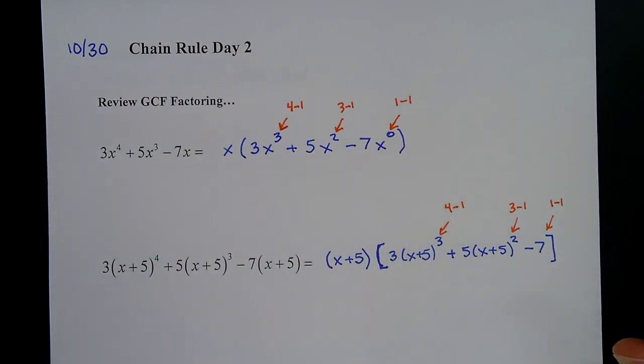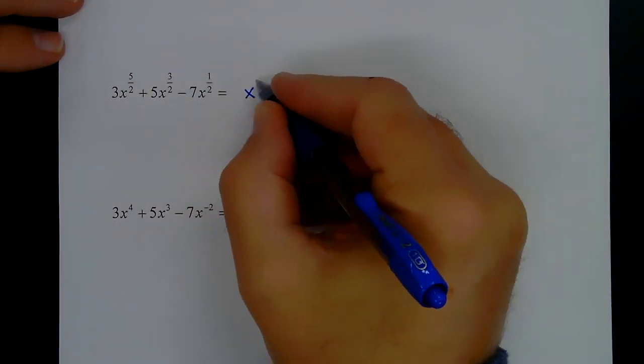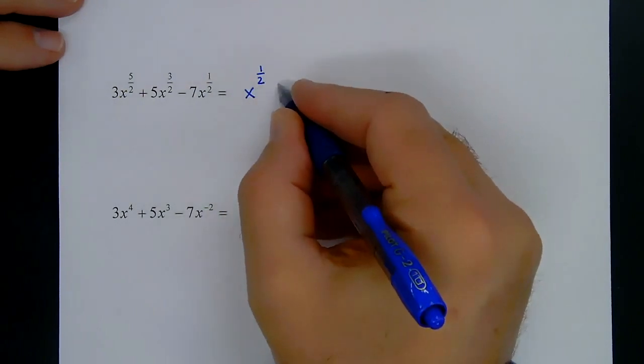All right, let's take that one step further. What's going to be important is, which of these do we factor out? And if you look at this, it was the smallest power that we factored out. Let's look at the next two problems. So for this problem, 3x raised to the 5/2 power plus 5x to the 3/2 power minus 7x to the 1/2 power, there is a GCF here. It's x to a power, and of all of these three powers, it's the smallest one that we're going to factor out. So in this case, it's x to the 1/2 power. So we're going to factor out an x to the 1/2 power, because that's the smallest one, and then times,